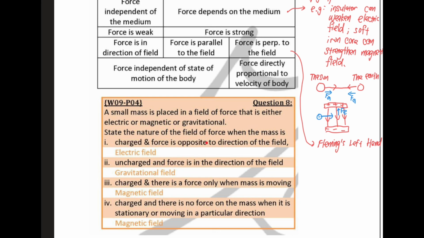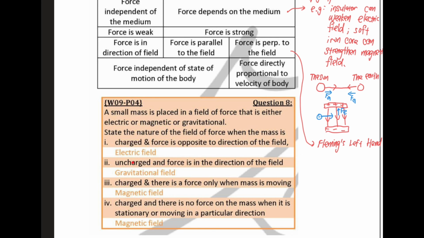So that is opposite. So it happens to the electric field. With an electric field, it is possible to have the electric force in the opposite direction of the electric field. It is possible. So that's why the answer is electric field. Number two,